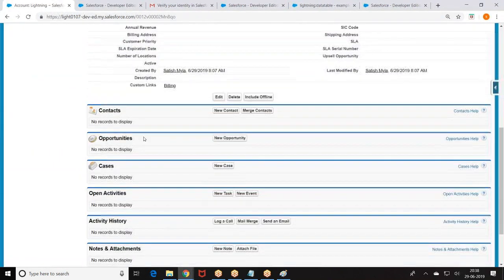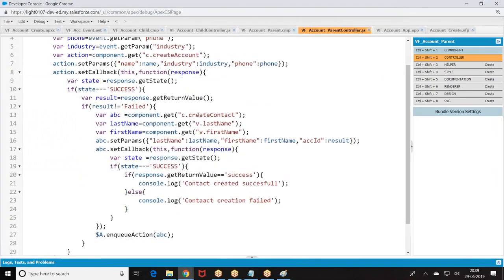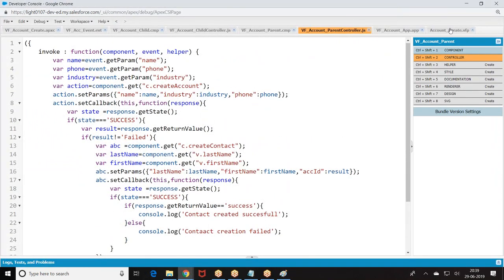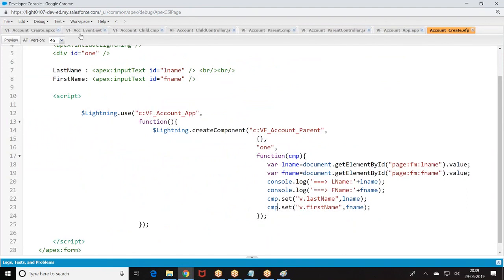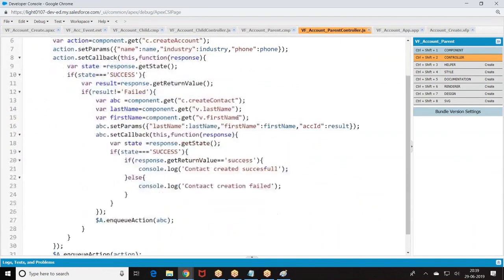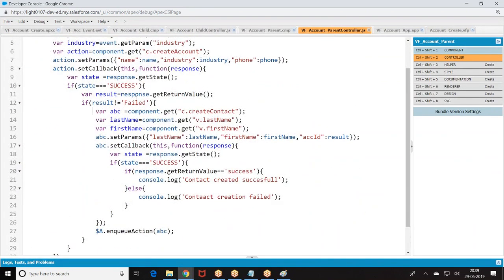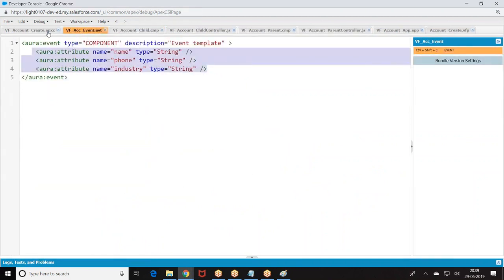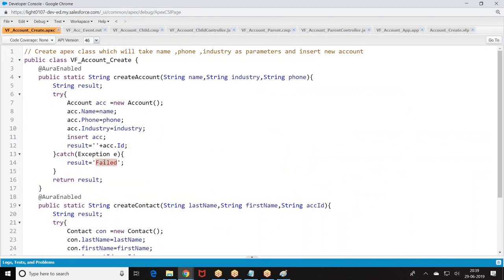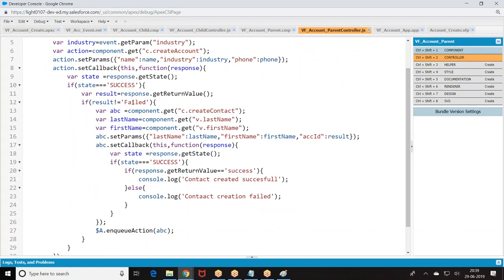Contact creation is not done properly. There is a failure with the contact creation. Why is there a failure? Just check out this bug here. Result is not equal to failed. What was the Apex class here? Failed. Okay. What was the JavaScript? Not equal to failed. ABC component dot get create contact.